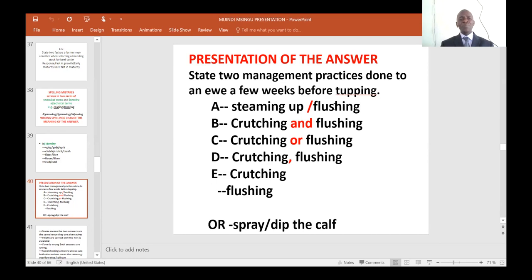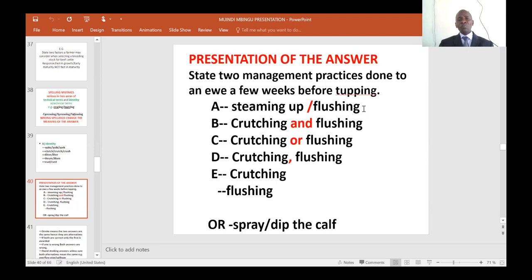So what are these management practices done before tupping? Is steaming up one of them? No. Is flushing one of them? Yes. So if a candidate, let's say this question has 2 marks allocated to it, if a candidate says steaming up slash flushing,